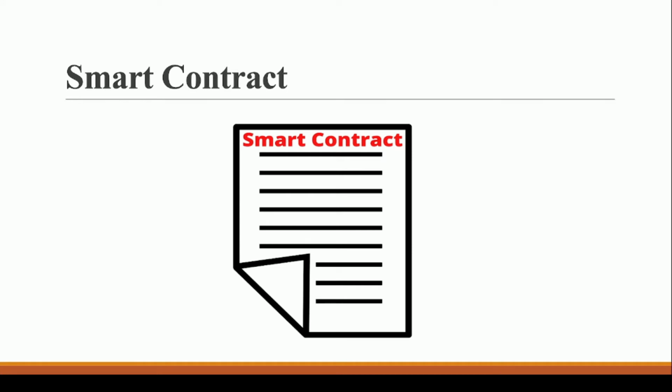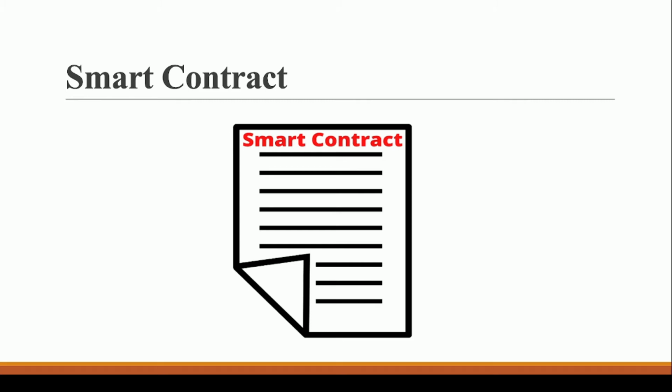Now you must be wondering why we call them a smart contract if they are simply programs. The thing with a smart contract is that you write logic in it, like if this happens, then this will happen. So it is just like a contract, right? You are writing if and else statements, stating certain rules. Because of this, I think the name smart contract was given. Otherwise, smart contracts are simply programs that are written on Ethereum blockchain.